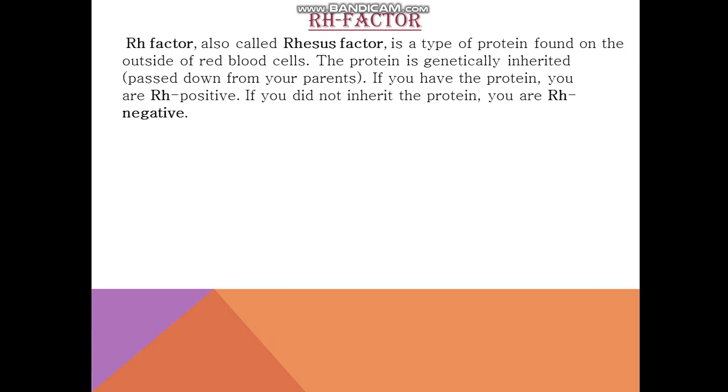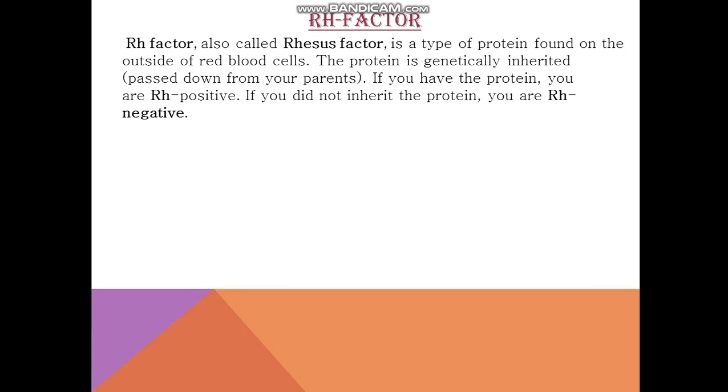Now, if you look at the cross, capital R capital R is forming the gametes capital R, capital R, and capital R small r is forming the gametes capital R, small r. When they cross, they give out the progenies. Here you need to understand that whenever a capital R is present in the progeny, that progeny will be Rh positive. So for a progeny to be Rh negative, the alleles present should be small r small r. Only small r present together gives the effect for Rh negative.